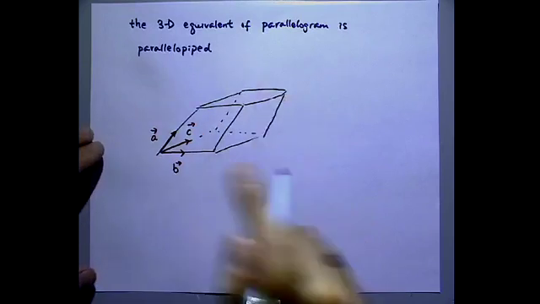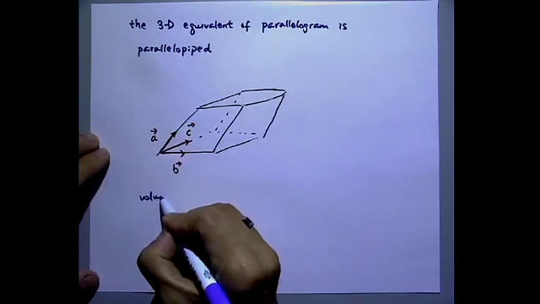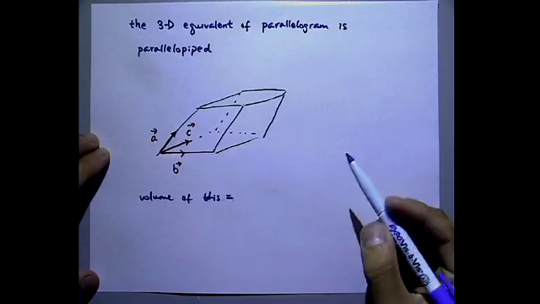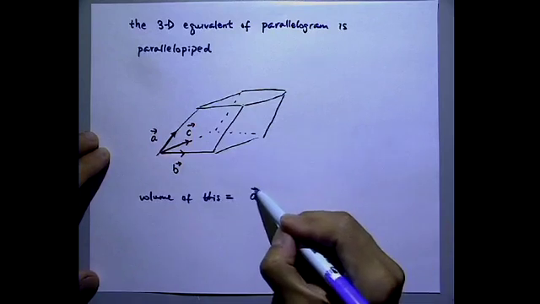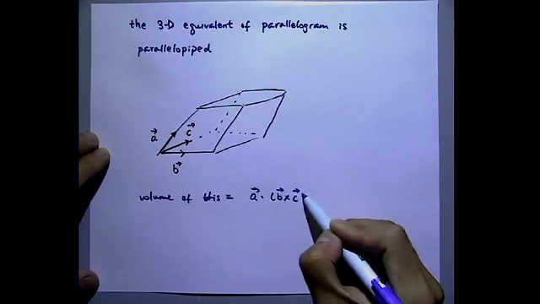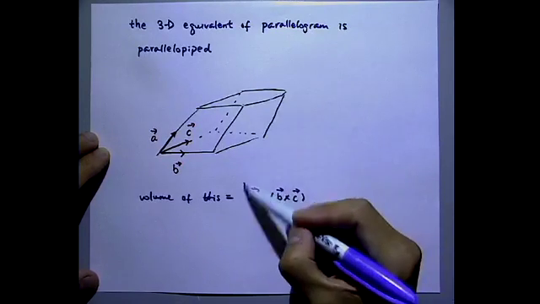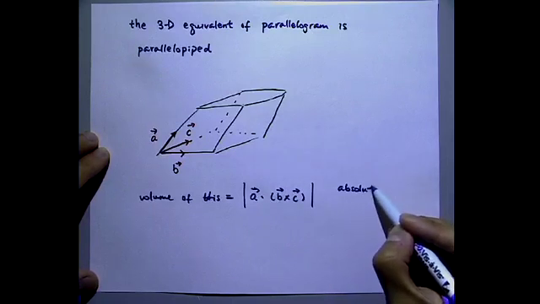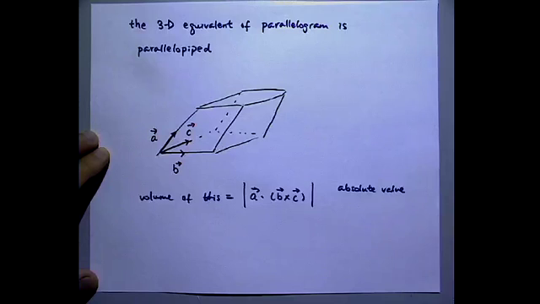It turns out that the volume of this is equal to A dot B cross C. And you have to take the absolute value. So what you do is you do a B